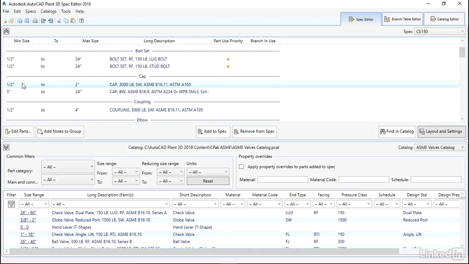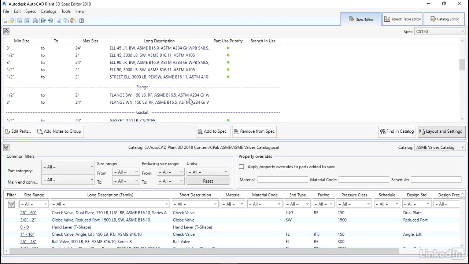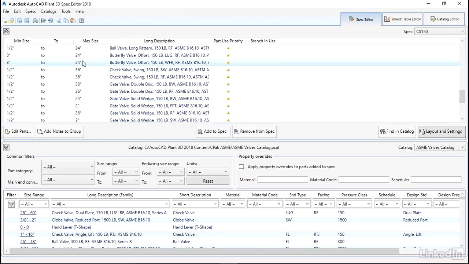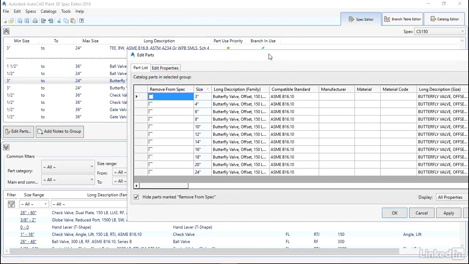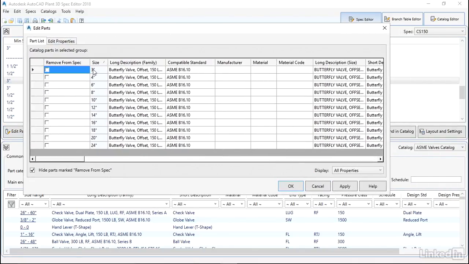While this just gives us a rolled up view, for example, let's take a look at one of our valves here. So we can see, for example, this offset butterfly valve. The overall heading's telling us that it contains components 3 inches to 24 inches. If we want to actually take a look at the individual components, we can either double click or come down to edit parts. So let's grab that and edit part,